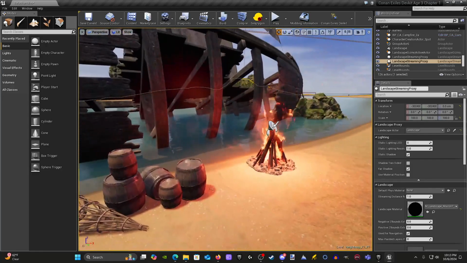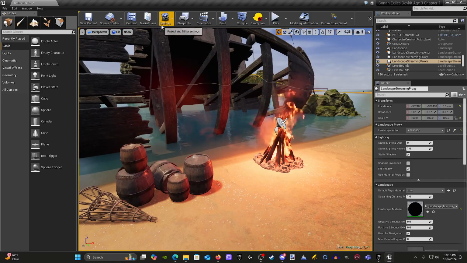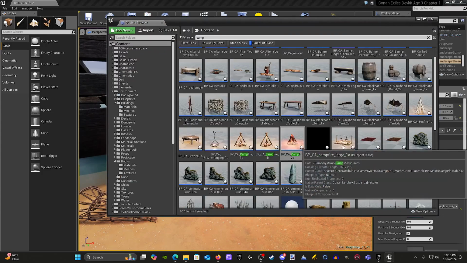Okay, so we got our bonfire. That's some movement to the scene, so it's not so static. So that helps the scene seem like it's alive. And then let's also look for,